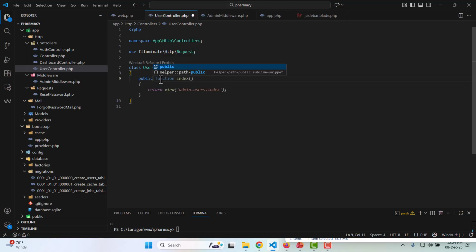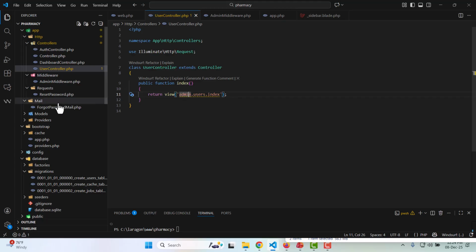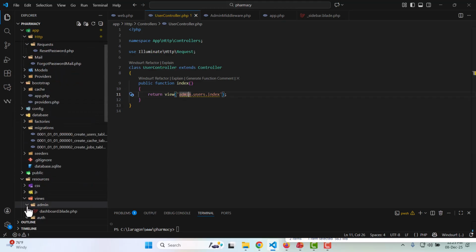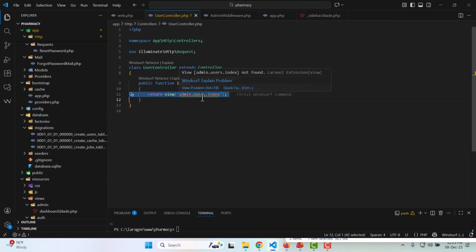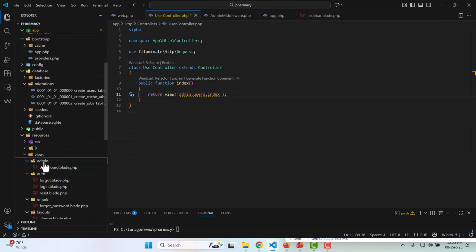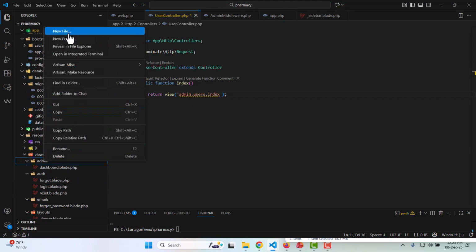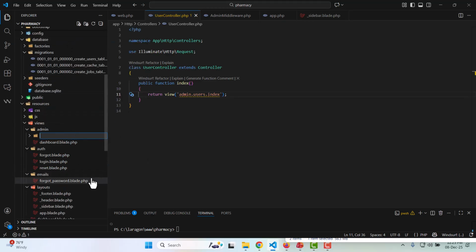Now, so we say public function index, and then we are going to return admin. We have the folder admin, which is already created here. Admin, then users, okay. Admin users, then we are going to create that index. So in this folder called admin, let's create another folder called users, okay. Let's call this folder users, and then we are going to create a blade file which is called